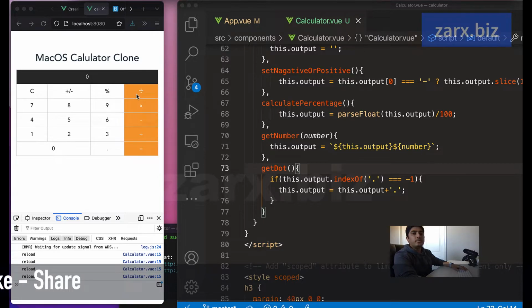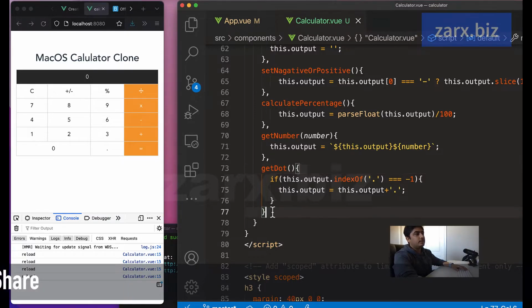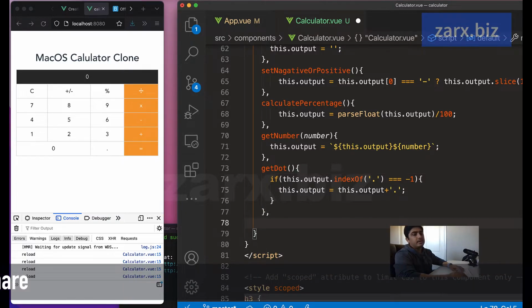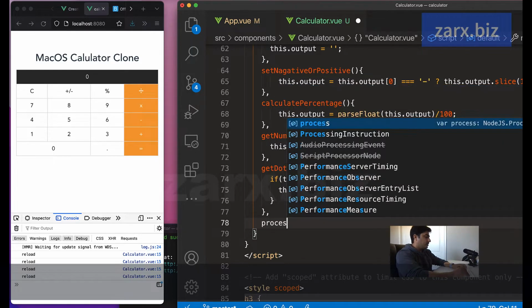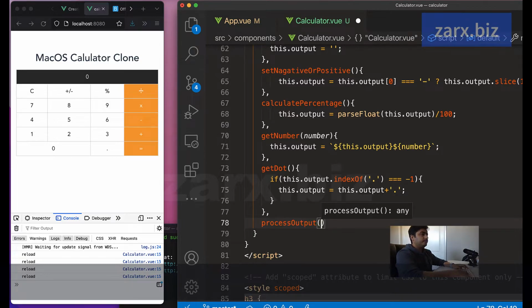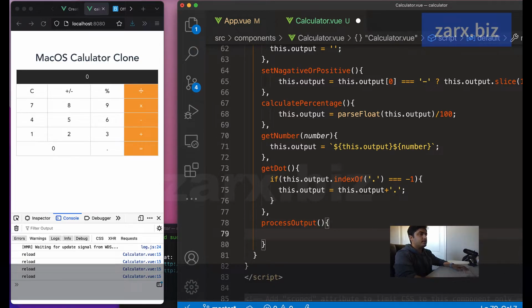Now deal with these operations. We can divide, multiply, subtract or add. First I start with add, and then I'm going to make that function dynamic, so that I can use the same function for all of these. So let's do this. First of all, I'm going to call this processOutput, and inside this processOutput, basically what we want to do is